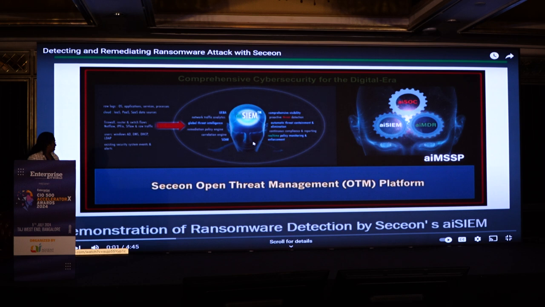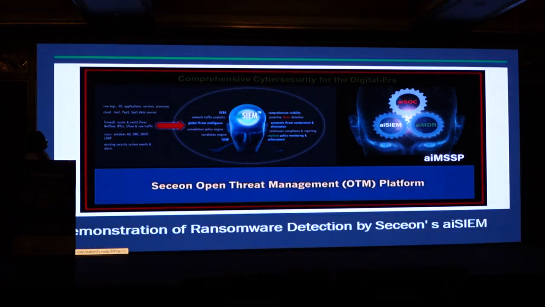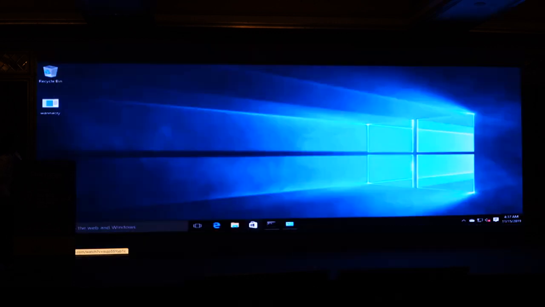Hello and welcome to the demonstration of how Seceon's AISM can help you detect and eliminate ransomware. Although I'm using WannaCry as an example here, Seceon's AISM can help detect and eliminate known as well as unknown ransomware attacks. So let's watch now how the Seceon's AISM solution is going to help us detect a ransomware attack in real